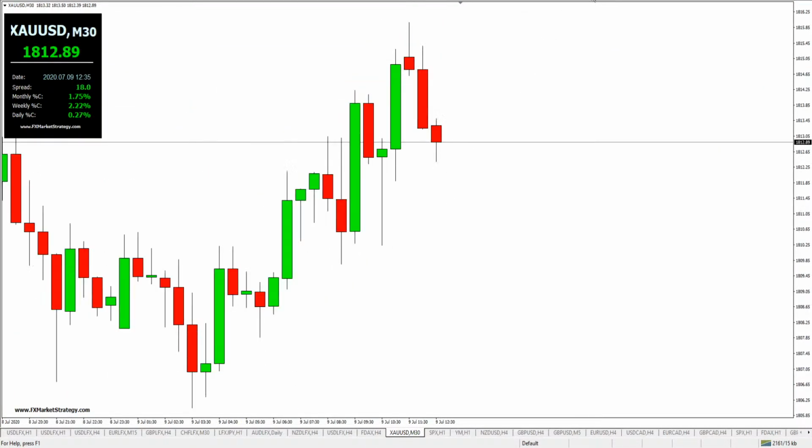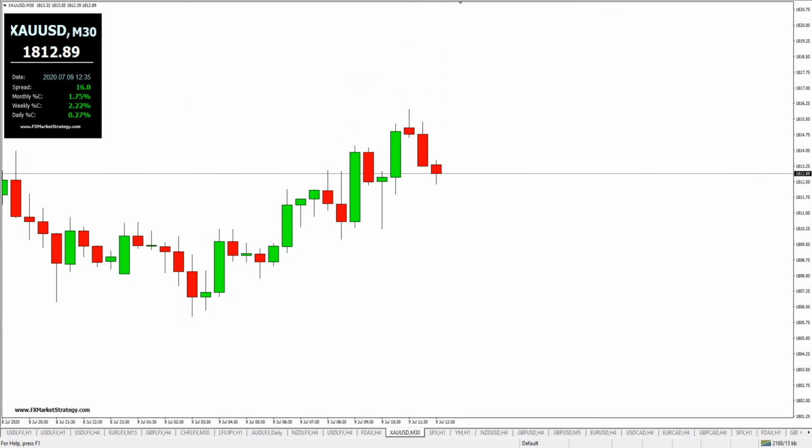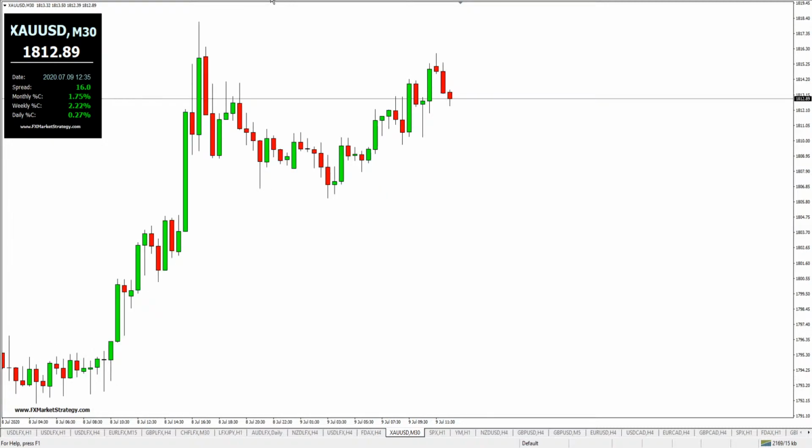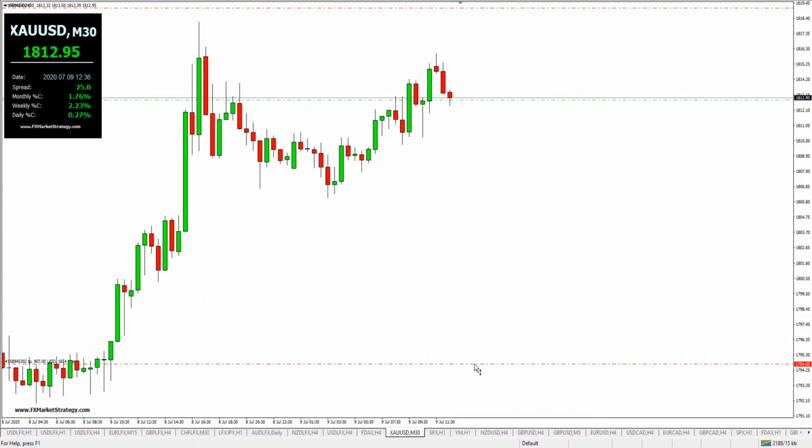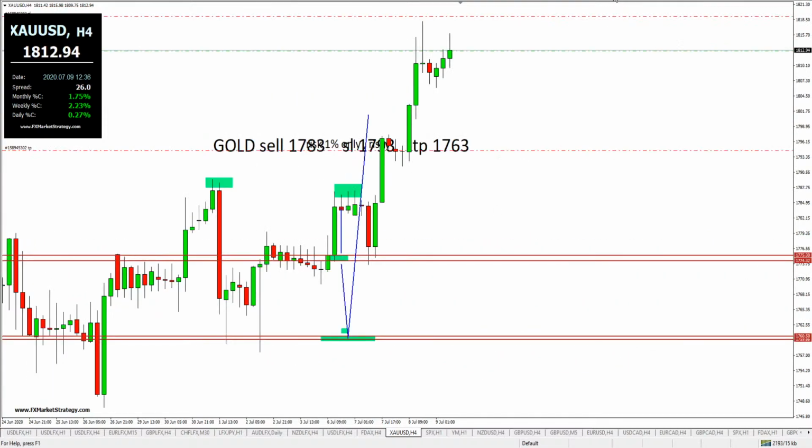So if you guys look at the gold, I can see this as a good opportunity to sell gold right now at 1812. So if I do sell the gold at 1812, where my stop loss would be, I have really a small stop, 1819 here. Okay, that's where my stop loss should be, and I will be looking for something like 1794 or so. If we go back to the bigger time frame,